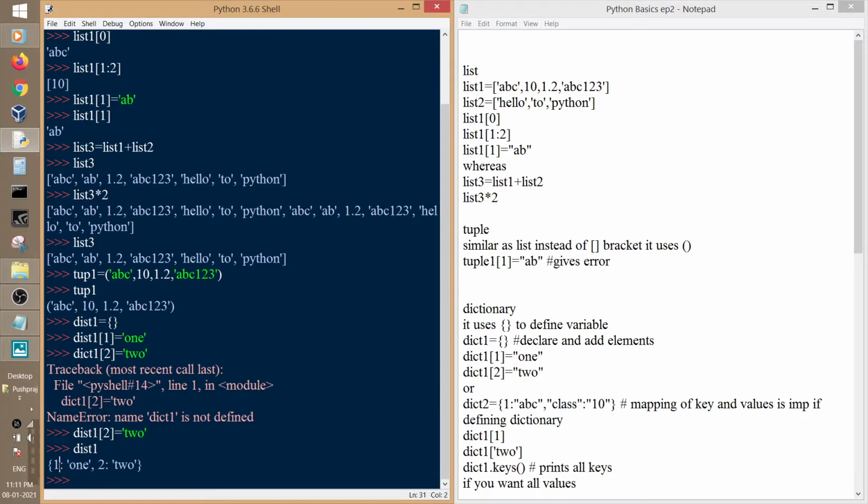Key is this integer and value is this. The key is not necessarily an integer. You can change it. You can have a different key as well,